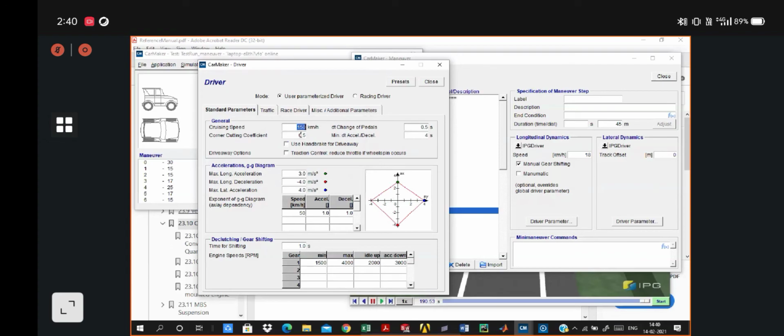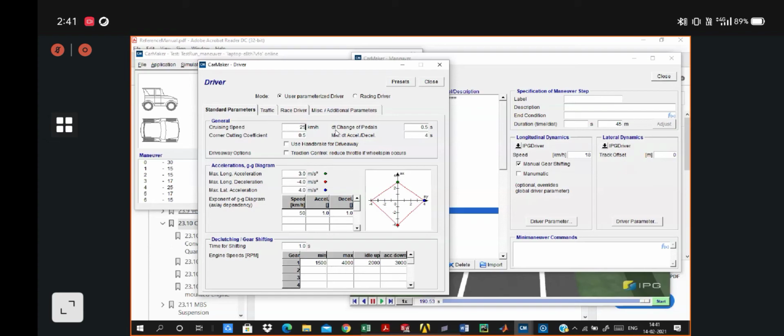So I'll just show you a little behavior of rolling and pitching in the vehicle. I'll increase the cruising speed and give a little more acceleration to the vehicle.